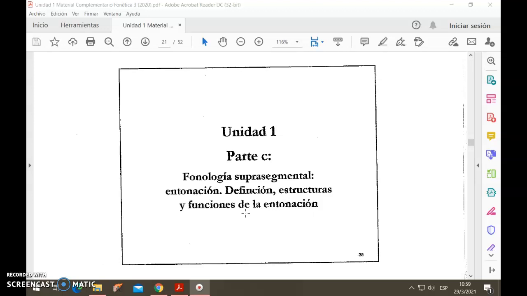Of course, depending on the author that you follow, you also have variations on these topics. But as I told you, in this subject, we follow David Brazil from the School of Birmingham that focuses on intonation from a discourse perspective. So, although in this handout for Unit 1 you have a lot of material, I will just focus on 2 or 3 slides. The rest of the material up to the last page of this PDF file is for you to read